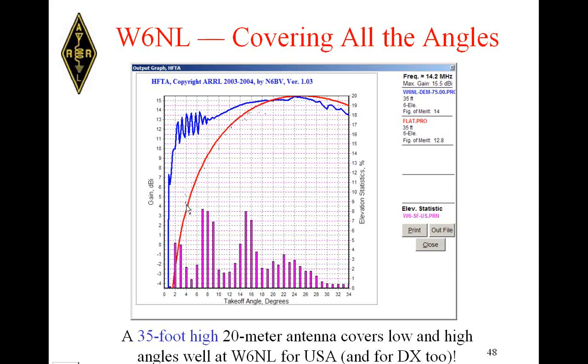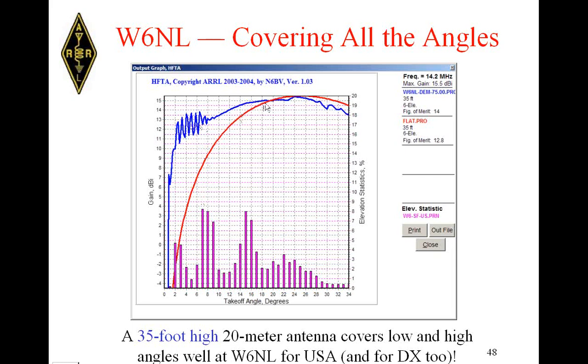What it's saying is that at, let's say, 3 degrees, the response of the flatland 6-element Yagi is about 0 dBi, whereas that same mountain has about plus 13 dB. So there's 13 dB of difference between a flatland 35-foot high 6-element Yagi and the Yagi actually on W6NL's location